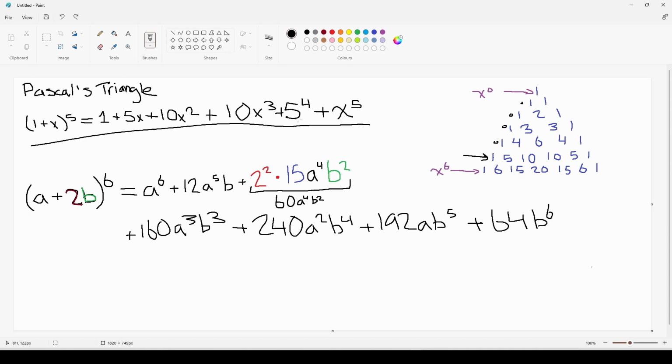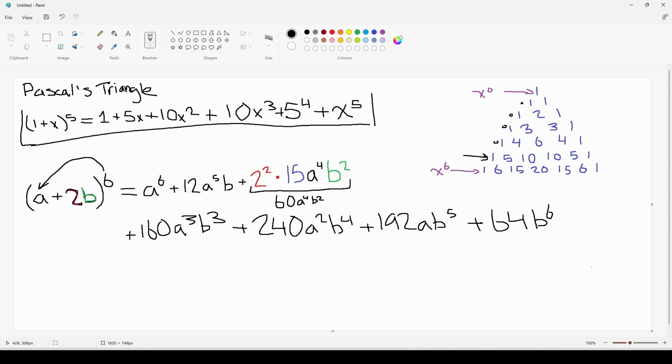Here we just have an example of what a Pascal's triangle expansion may look like. And here we have a bit of a better example. So here we have (a + 2b) to the 6th power. Now, to expand using the Pascal's triangle, we begin by putting all of this power onto this first term,